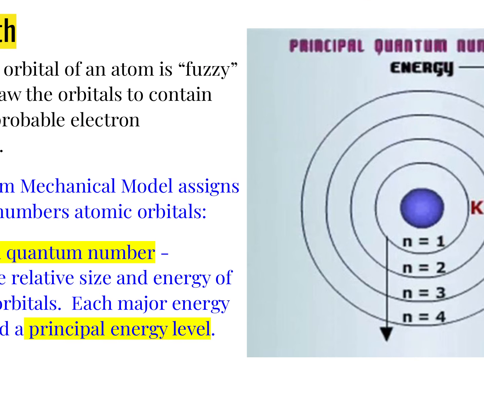So different levels or orbitals exist in an atom, because there's obviously not just one electron in some atoms. Some of the bigger atoms will have electrons at multiple energy levels, and even a smaller atom can have an electron go from level 1 to level 3 or level 5 even, and fall back down. That energy level, once again, is indicated by the principal quantum number, the letter n. And the bigger the n number, the higher it is off or farther away from the nucleus, therefore it takes more energy to get up there. So bigger volume, bigger space, more energy. So n=3 will be way bigger than n=1, with more energy than n=1.